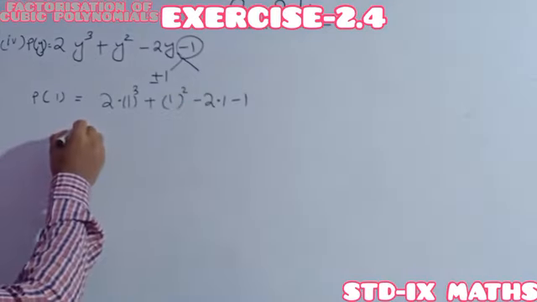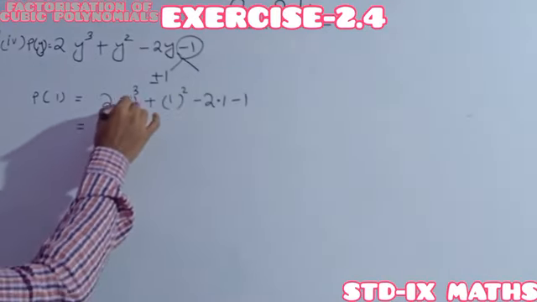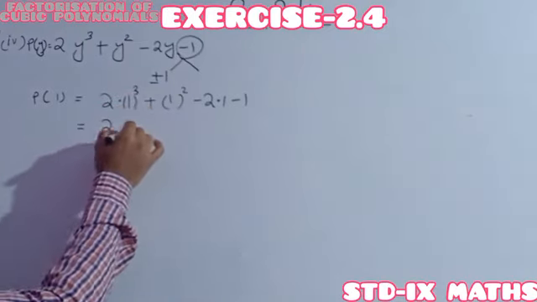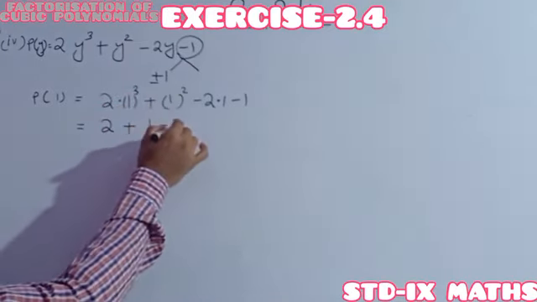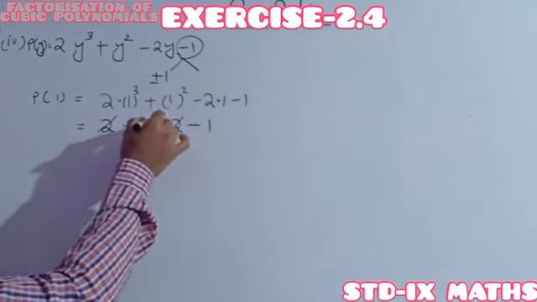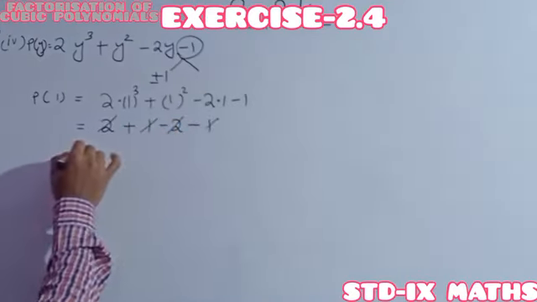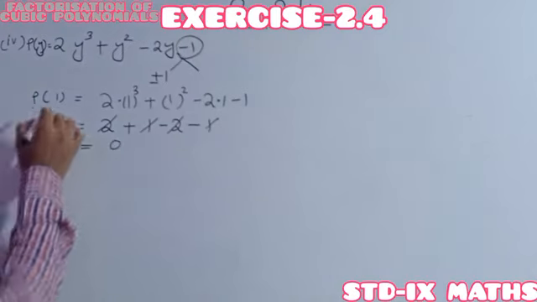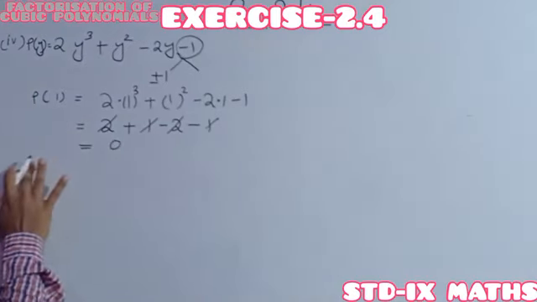Ready? Which gives 2 into 1 equal to 2, 1 square means 1, here minus 2, here minus 1. Plus 2 minus 2 cancel, plus 1 minus 1 cancel, which gives us 0. As P(1) is 0, it means y minus 1